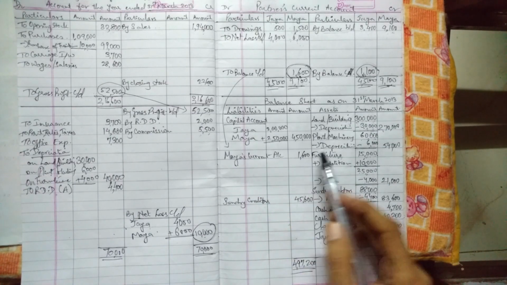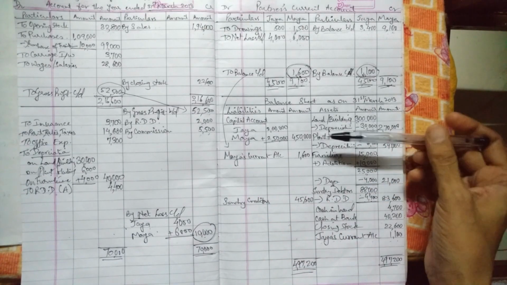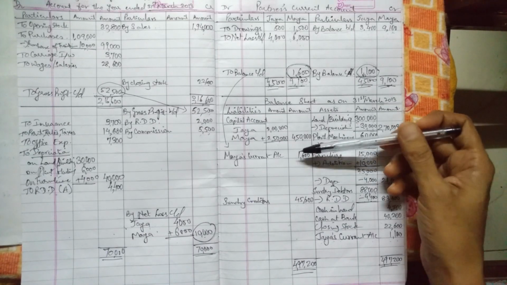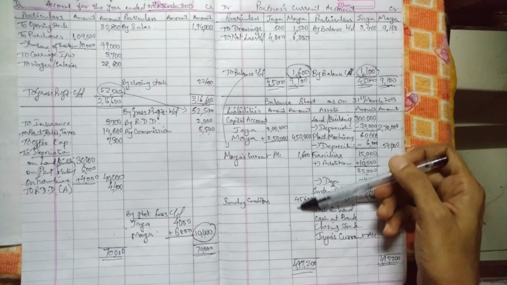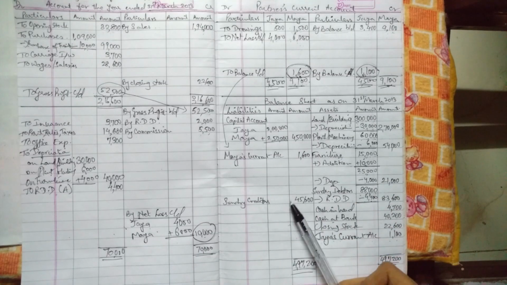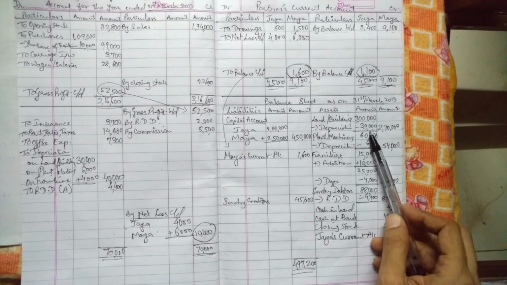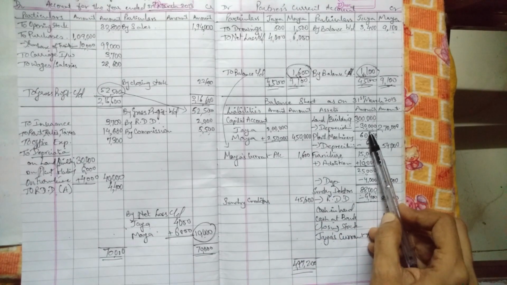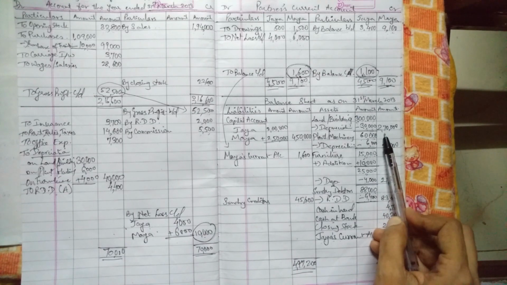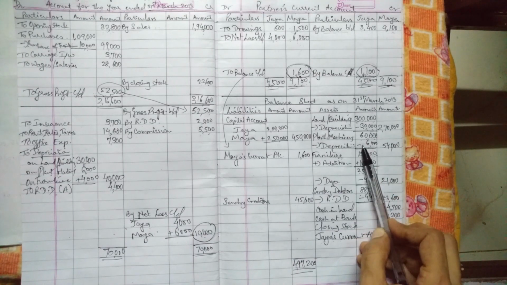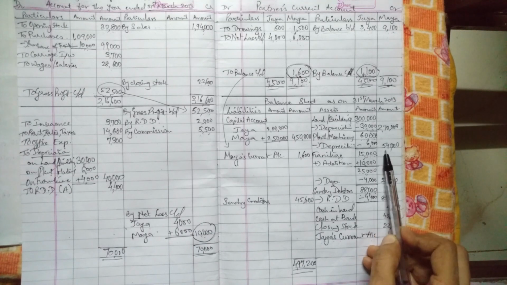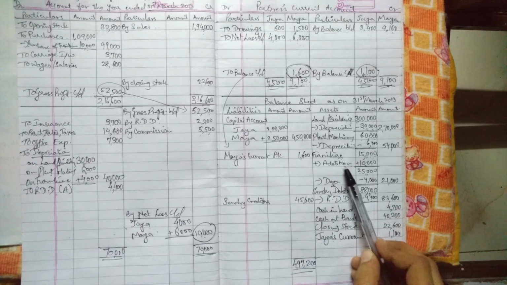Right, now when we have come to the balance sheet, we will take the total from the inner column to the outer column. There's nothing to take from inner column to outer column on the liability side, but there are many things on the asset side. 3 lakhs minus 30,000, land and building will give you 2,70,000 in the outer column. Plant and machinery 60,000 minus 6,000 will give you 54,000 in the outer column.